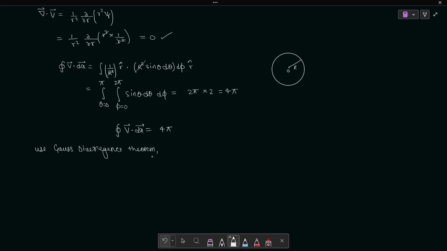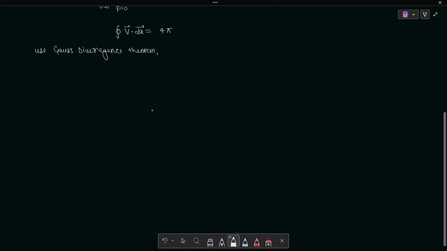So what it states is this closed integral over some surface of vector field V will be equivalent to the volume integral of the divergence of this vector field over this